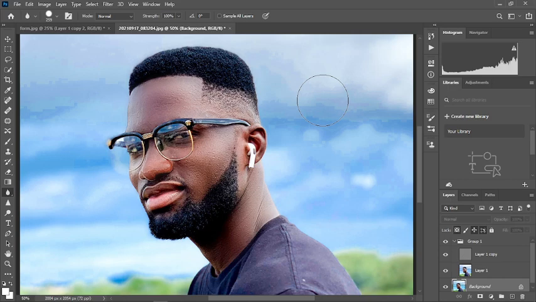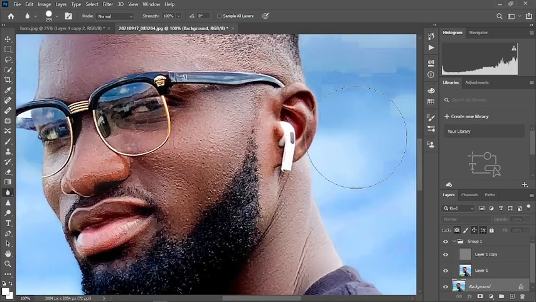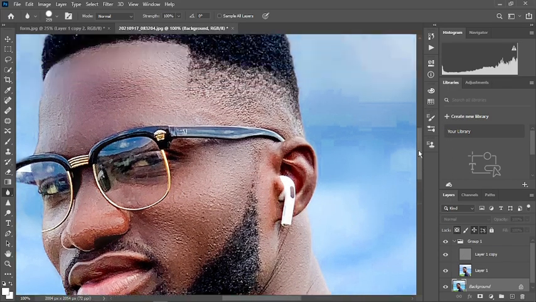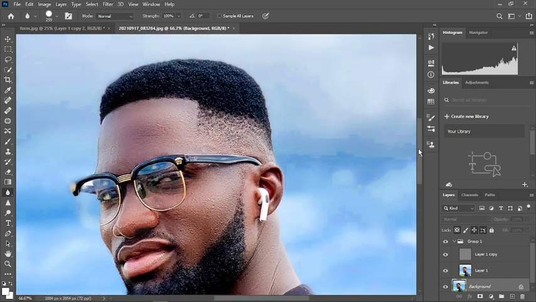And as you can see from this image, we have softened the skin, but we still have the skin texture. All right, and this is exactly what I'm going to teach you. So you can see the details of this picture. But before you deal with anything,